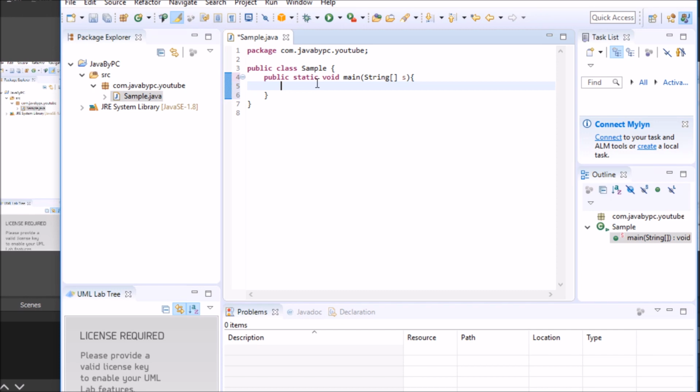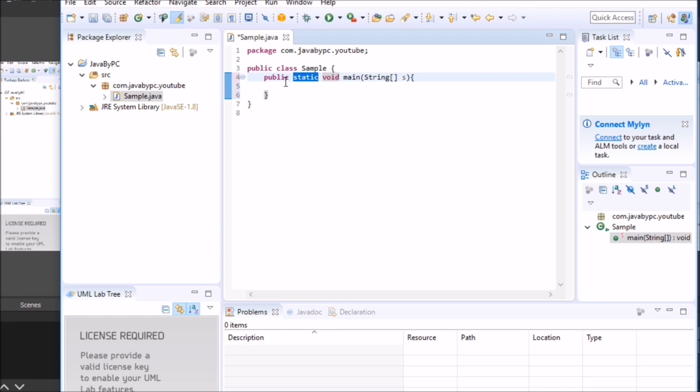You don't need to worry about this syntax for now, or maybe I can simply make you understand. This is the name of the function, main. This is the argument it will take. It is a string array. If you know the basic programming terms, it is the array s of the type String, and this is the return type of the function, that it will not return anything.